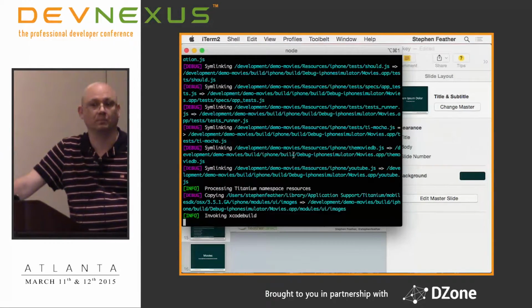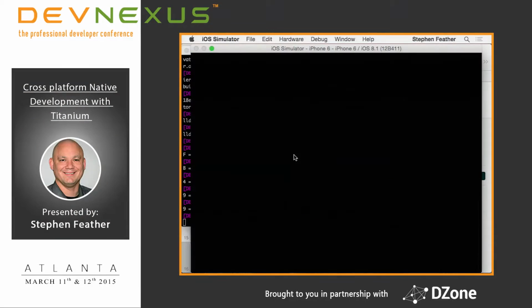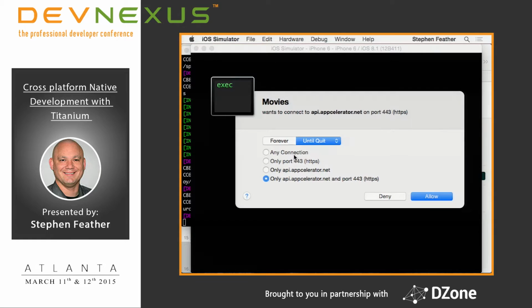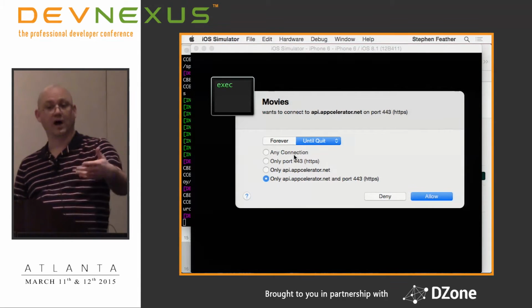Anybody? Yes, sir. So if it's not using like webview or anything like that, how does it actually work? Okay, that's a great question. Basically what you have, you write your JavaScript code, that passes down, and there's a proxy on the back side. It talks to a proxy. So you have a proxy that talks to a native button. So when you do a TI UI create button,